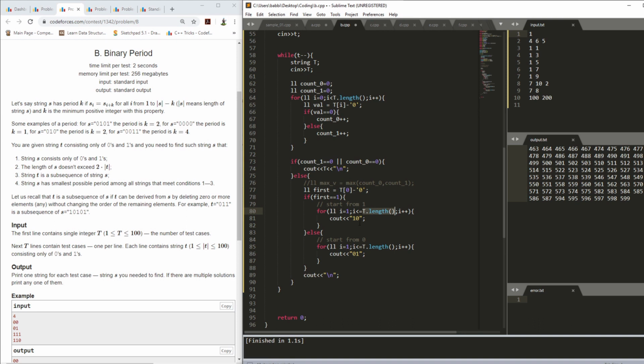So at every iteration I print 2 elements, and the loop goes up to length t. If it is starting from 1, then I will print 1 0 1 0 1 0 1 0, and if it is starting from 0, then I print 0 1 0 1 0 1 0 1, and at last I print a newline.